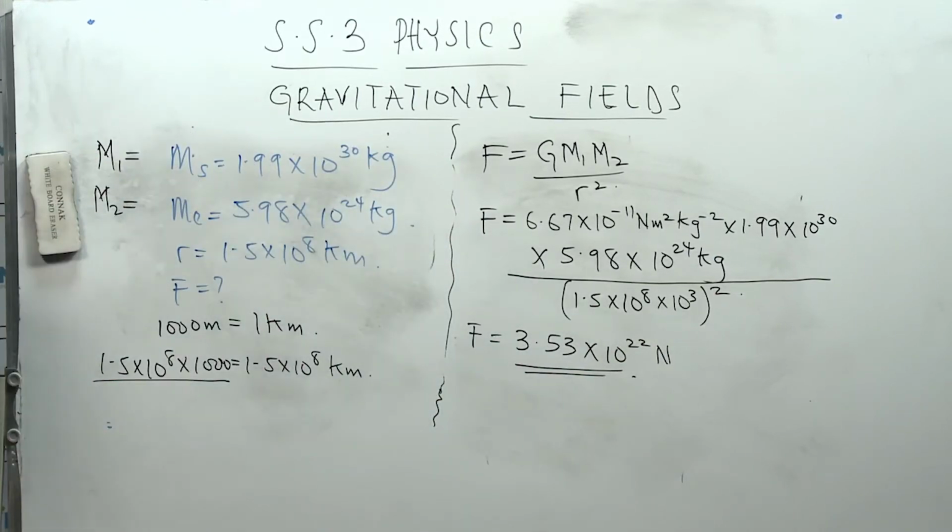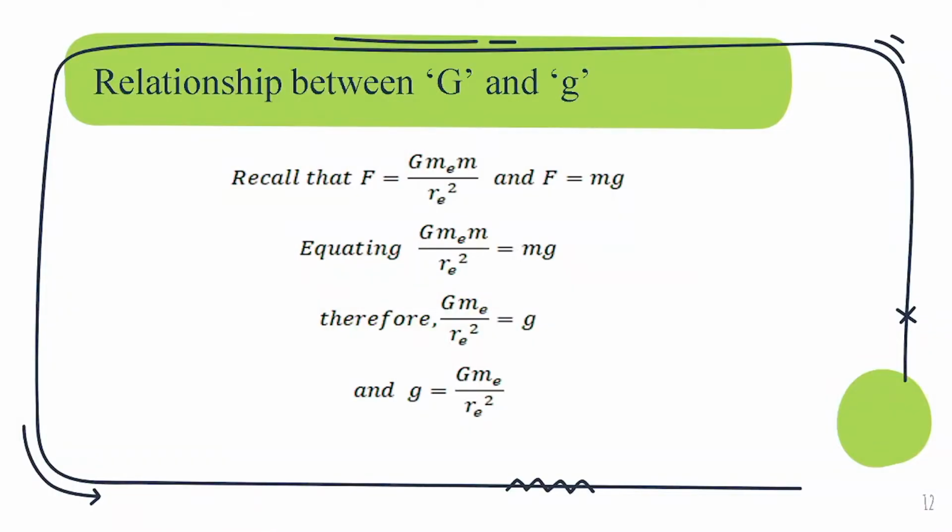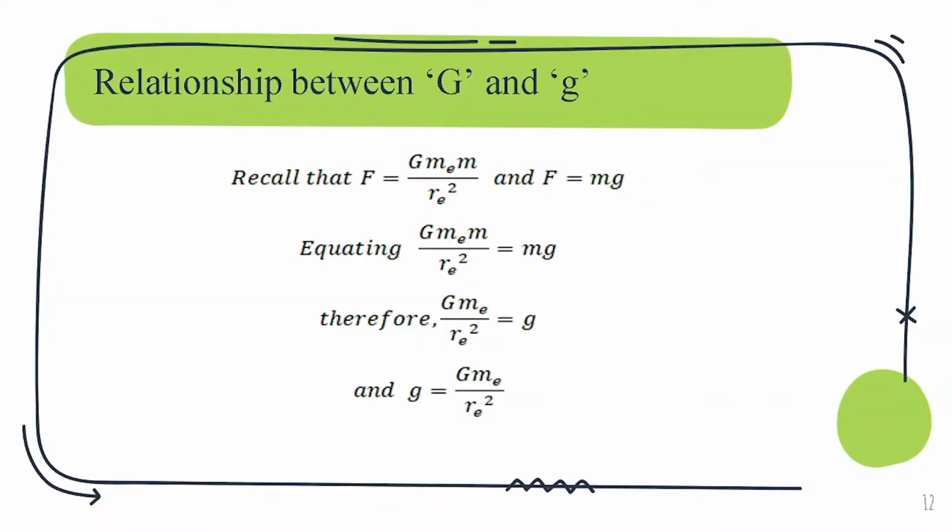If we do that, we are going to get 3.53 times 10 to the power of 22 Newton. So let's move forward. As I said, now we want to state the relationship between our universal gravitational constant and our acceleration due to gravity. And in this